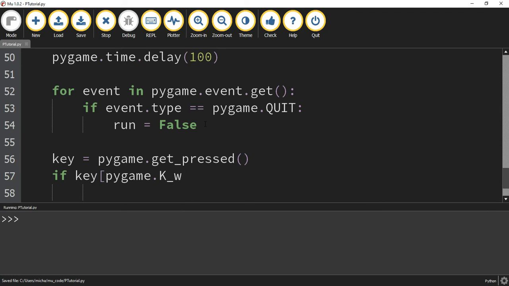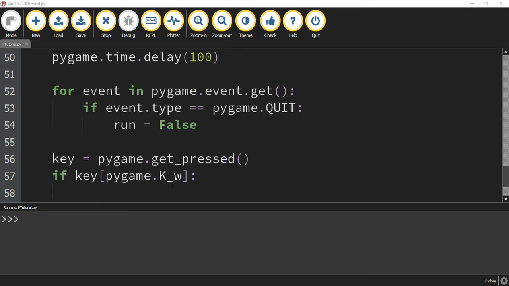So this will be if the W key is pressed. When that happens, what I want to do is move the paddle up. And to do that, what we need to do is change the Y position of our